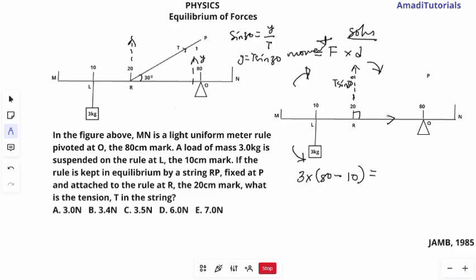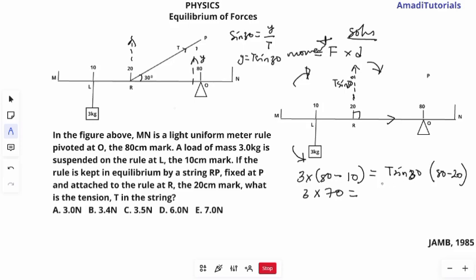there's no other force that is acting anti-clockwise on this side or any other side. So we go to the opposite side, which is the clockwise, which is T sine 30 times that perpendicular distance. So this point of R is 20 meters or cm, whatever it is, and here is 80. So distance from R to O will be what? 80 minus 20. So this will be 3 times 70 equals to